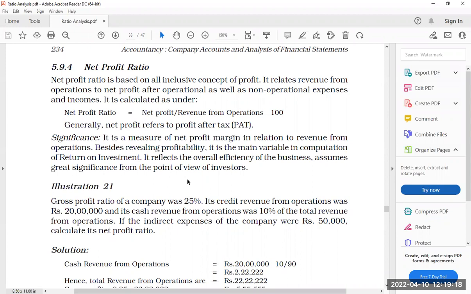Okay, so net profit after tax divided by net sales into 100. You are comparing the net profit after tax with the net sales. Net sales means total sales minus sales return. Here total sales means both cash sales and credit sales, just sales. There is no cash and credit we are dividing. Okay, only for receivable and payable we do that. Next,